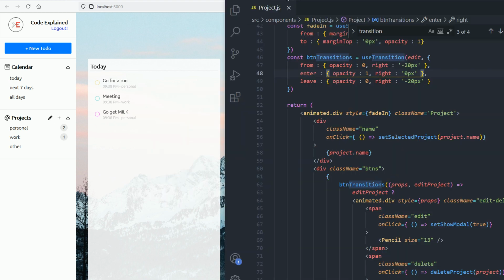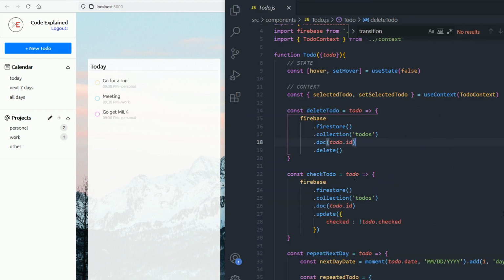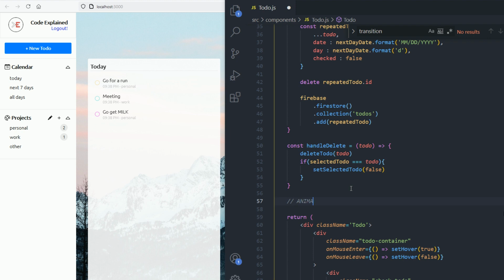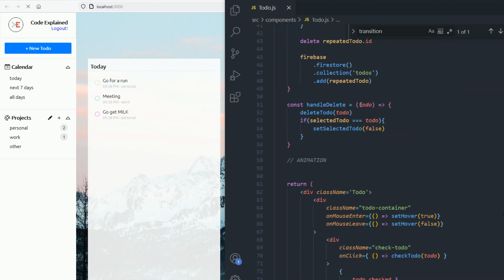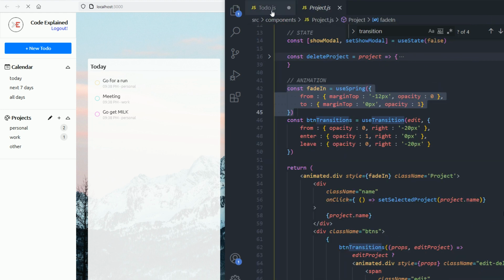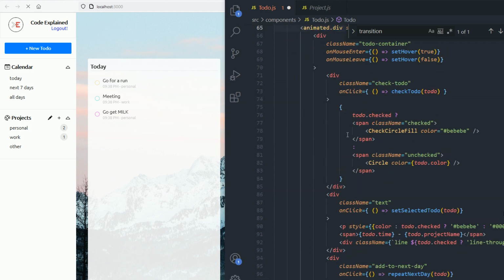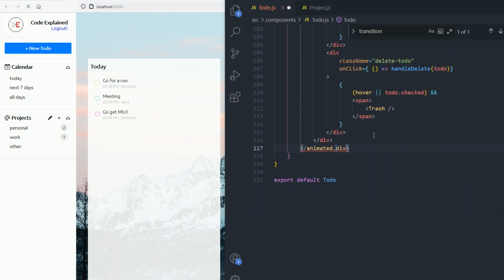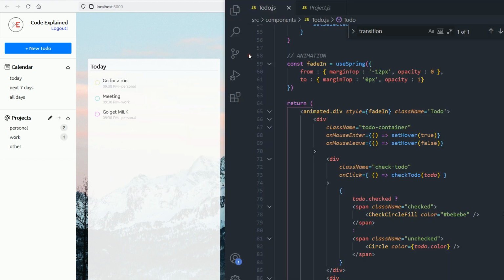So cool. Now we need to do almost the same thing in our to-do component. So here I'm gonna add animations, but first we need to bring in the use spring, use transition, and animated. Actually, I'm just gonna go to project and copy the fade in, because the to-do will also fade in just like the project did. I'm gonna pass in fade in here to the animated, and also we need to say animated. So if I save now and refresh, you can see the animation happens when the